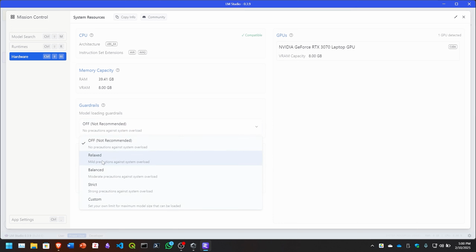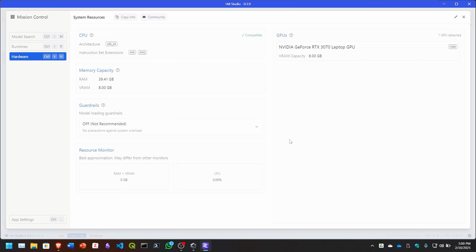But if you select something like strict or balanced, the model will not be able to even load it initially. So just click off and proceed. Now, one thing you need to make sure is the RAM and VRAM combination. VRAM, or virtual RAM, is your graphic card memory. I'm using an RTX 3070, which has 8 GB of GPU memory, and my laptop has around 40 gigabytes